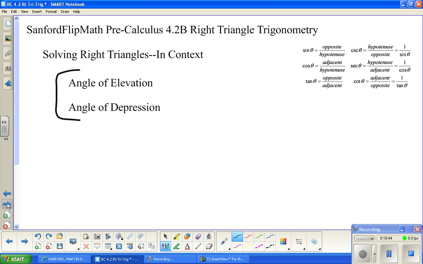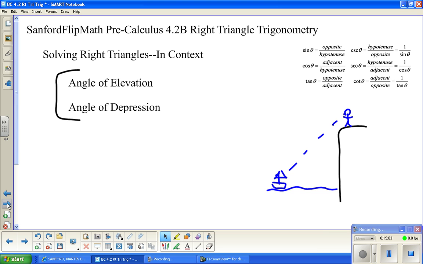Sometimes these word problems, like we've been talking about all along, say things like this. I have a lovely boat, and I have an observer up here looking at the boat. And the observer might say something like, look, I see a boat at an angle of depression. So this would be an angle of depression